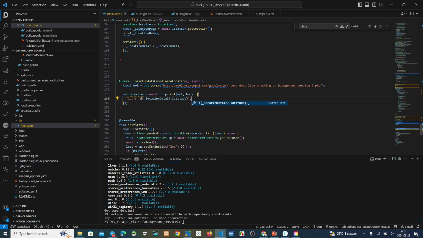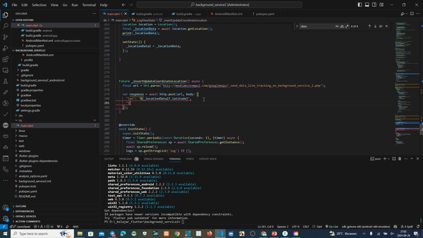After that, we want to take longitude, underscore location data 2 dot longitude. Okay.